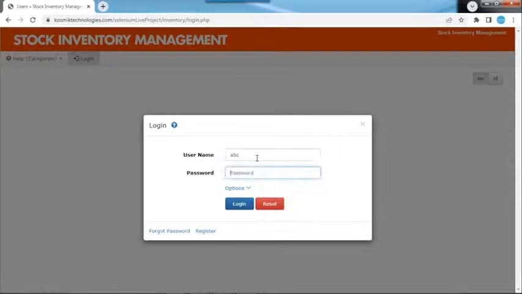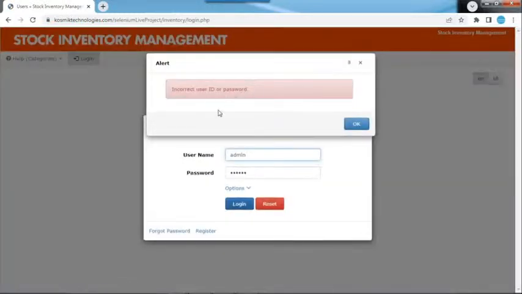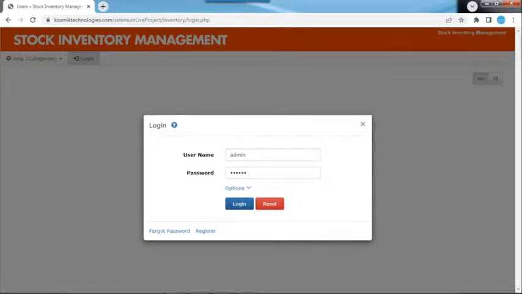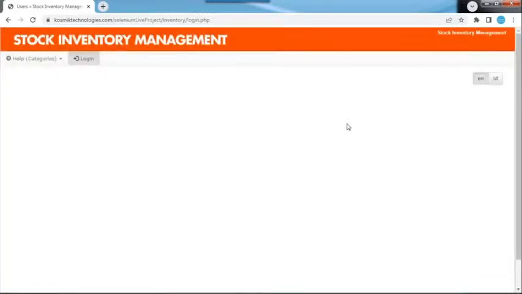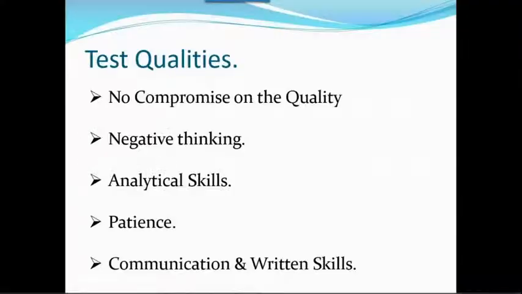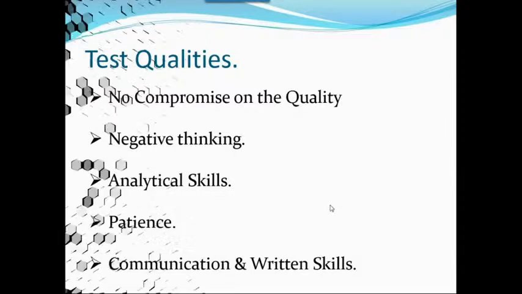So while you are doing the testing, you need to check both things, like positive testing and negative testing. It should not allow me into the application because I gave invalid username, invalid password. So is it clear, right? These are all very, very important, guys. No one will tell you to do the positive testing, do the negative testing. As a tester, you need to test both things, like positive testing and negative testing. Okay.